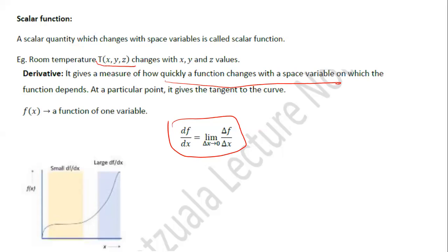Let's say you take a certain function which is depending on a certain independent variable. So how quickly that function changes with that independent variable on which that function depends is what we know as a derivative. It is a measure of that. So what we do in order to obtain a derivative,